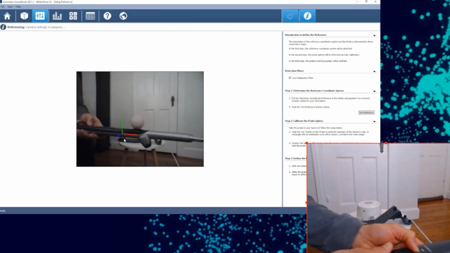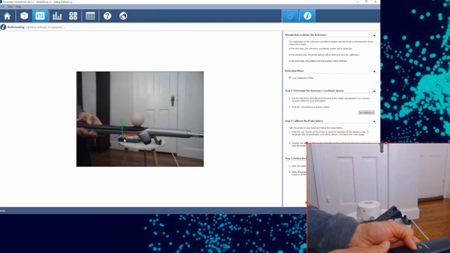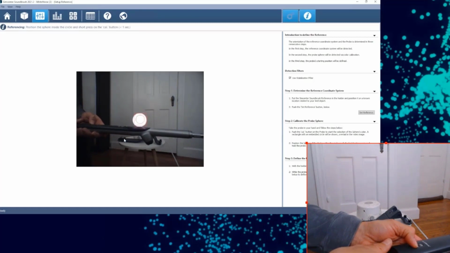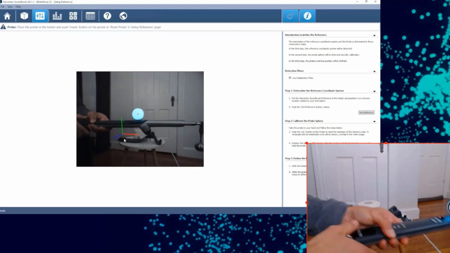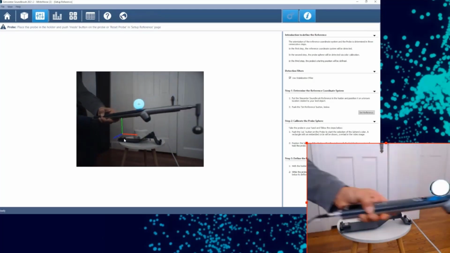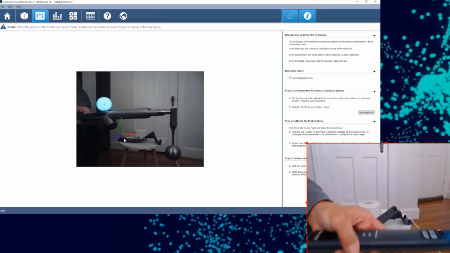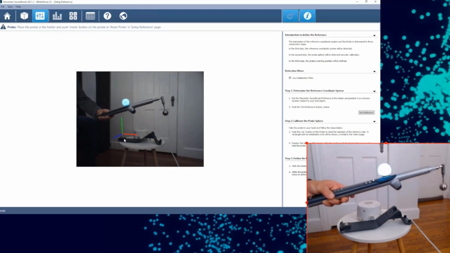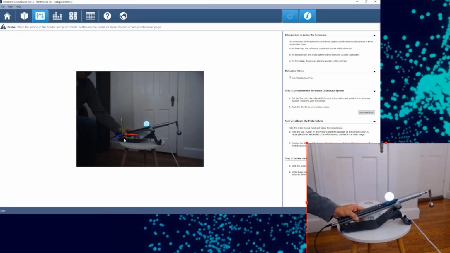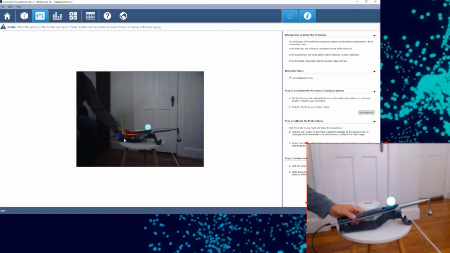Now you'll see that the sphere is going to light up, and the software is going to ask me to put this lit sphere in that red icon there. I hit Cal, it cycles through a couple different colors, and I get that crosshair. That crosshair means the software knows what color the sphere is going to be, and the size and XY position is changing in real time. So that gives me a warm fuzzy that I've got the position of the sphere tracked very well.